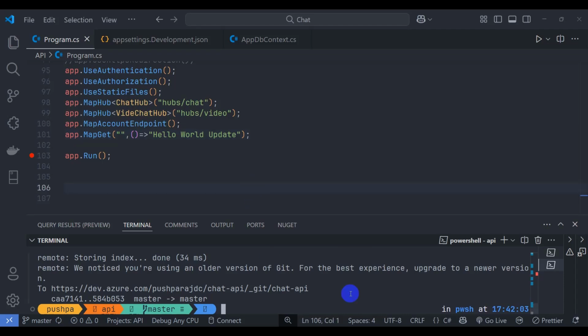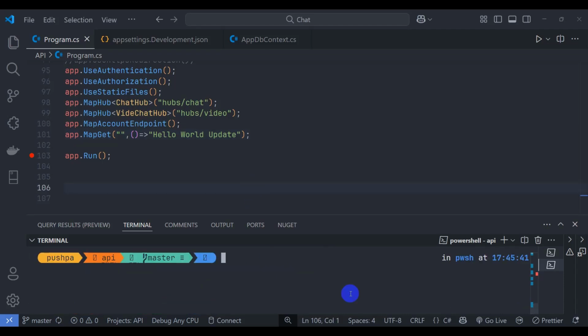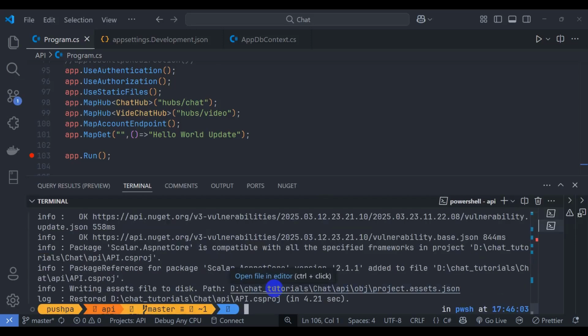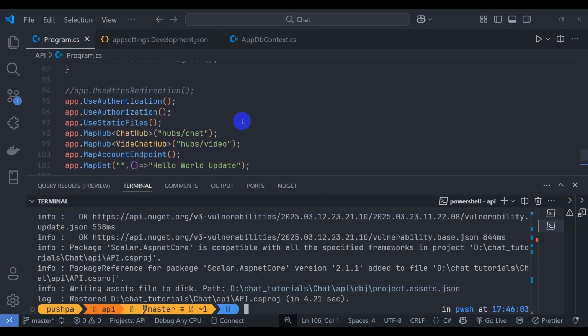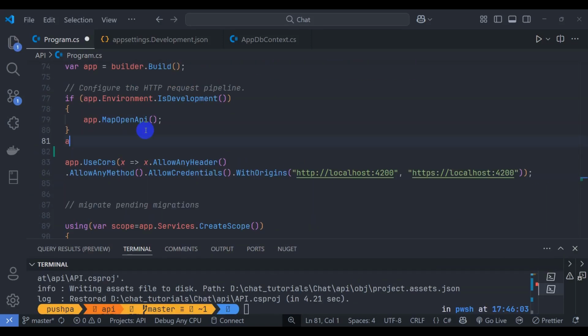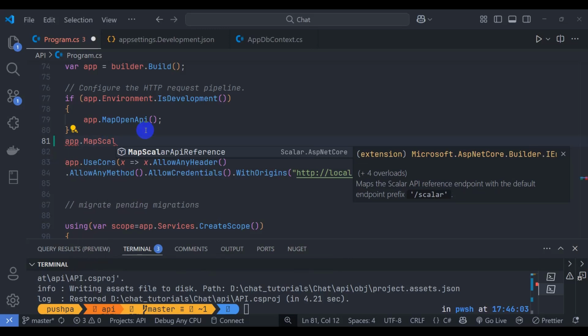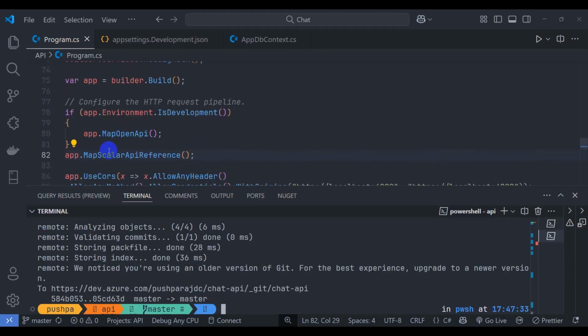Now for testing our API, let's install Scalar for API documentation. Let's install dotnet add package Scalar.AspNetCore. Press enter. So our package is installed. Let's configure it in program.cs: app.MapScalarApiReference. Let's comment this code